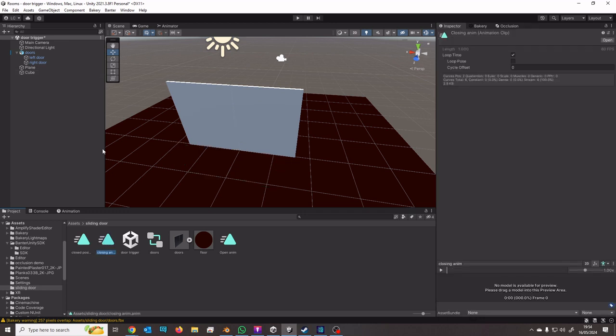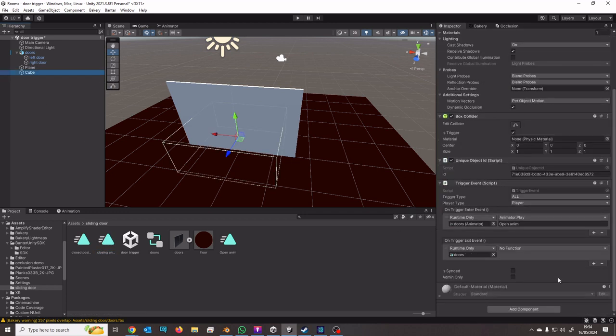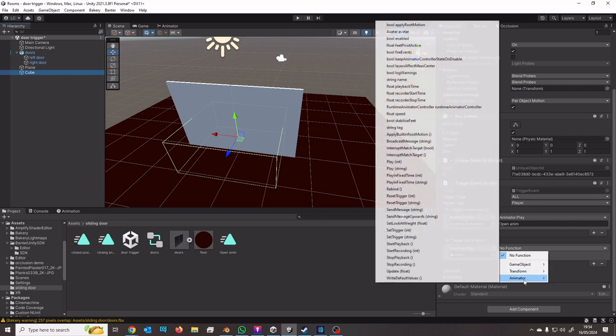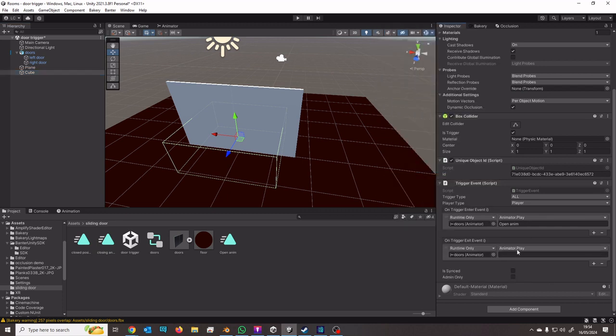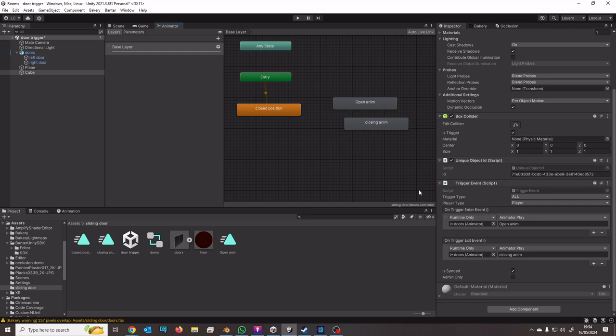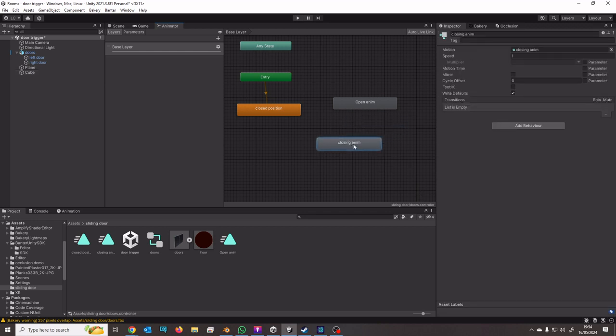F2 and copy the name. Animator, play string, pop it in there. And then if you want it synced so that everybody sees the door open as you walk through, you just tick that. And the last thing I would do is that once you leave that,